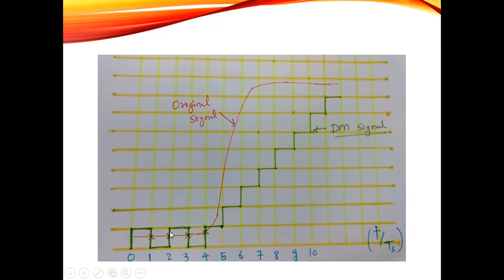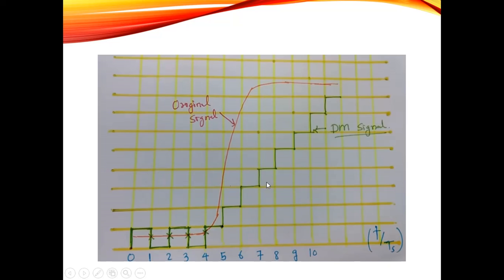As it increases, we say that the input signal is greater than the samples, so the output is again plus delta. Towards this, the input signal is less than the sample, so the step size is minus step size. By continuing this, it shows a continuous increase. This is plus delta, plus delta, plus delta and plus delta. This shows plus delta, plus delta and minus delta step size. If you observe this output, this is the delta modulation output and this is the original signal.